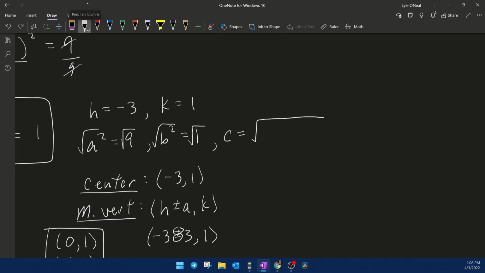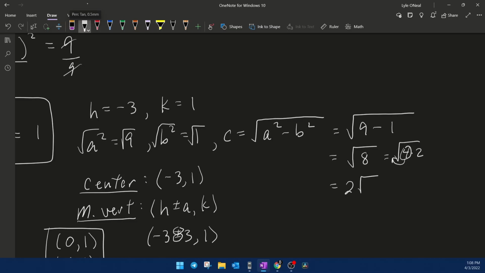So c would be the square root of a squared minus b squared, which would be the square root of a squared, remember, was 9, minus b squared was 1. 9 minus 1 is 8, and that can simplify. So to write that in simplest radical form, we would rewrite 8 as 4 times 2, and we can take the square root of 4, and this 2 is left underneath. So from there we can get the value of c is 2 square root of 2,